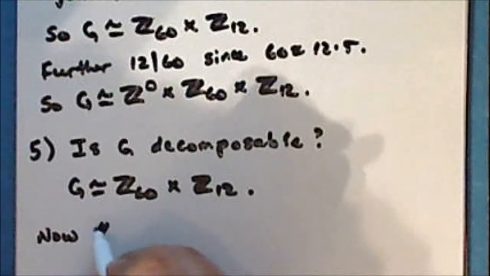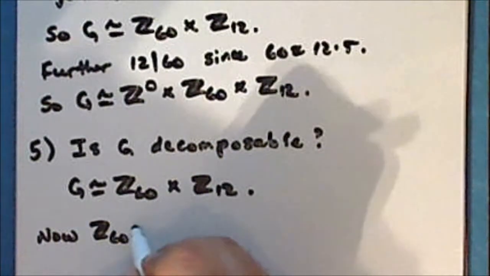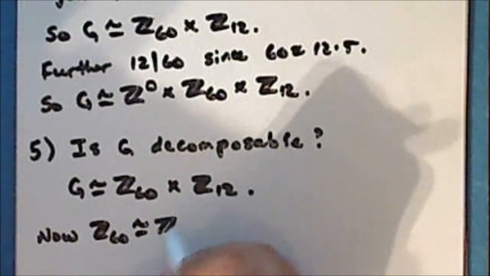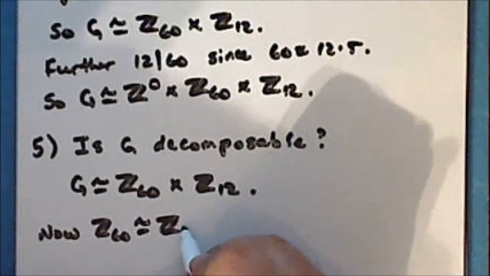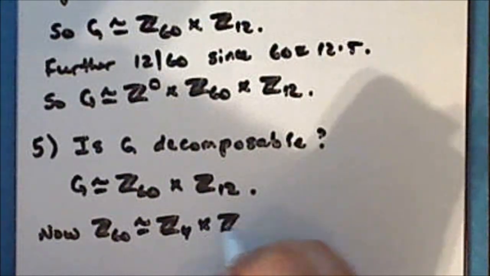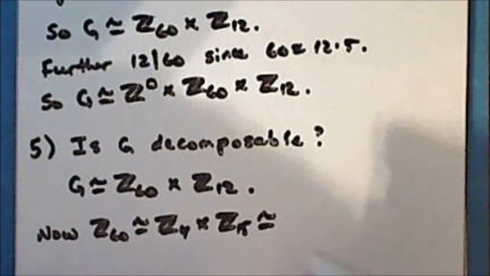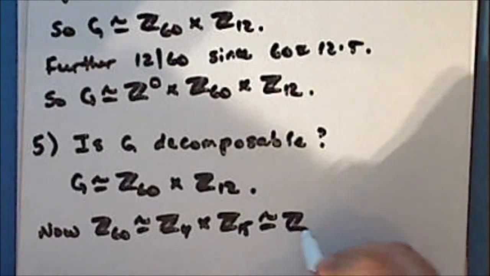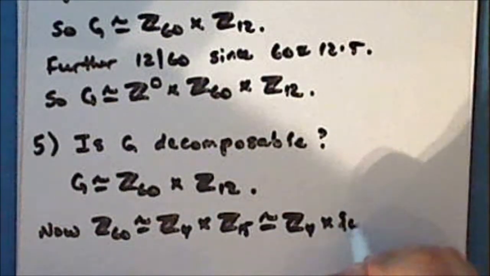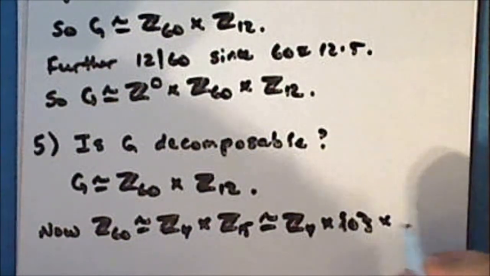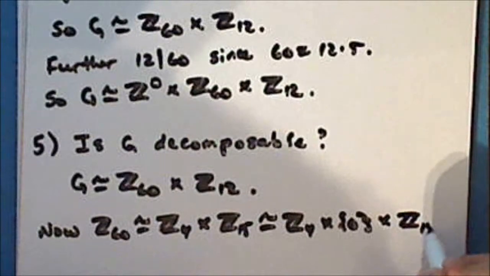Now the integers modulo 60 is isomorphic to the product of the integers modulo 4 with the integers modulo 15, which itself is isomorphic to the product of the integers modulo 4 with the trivial group with the integers modulo 15,